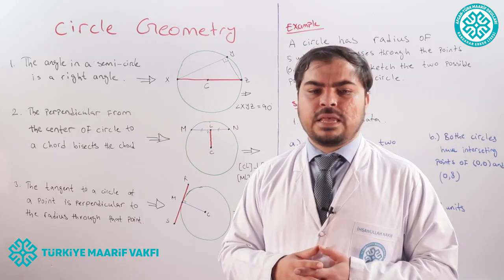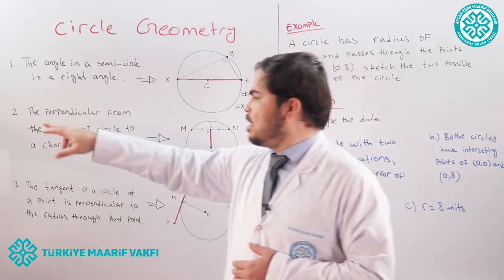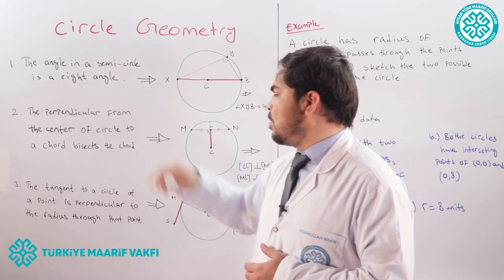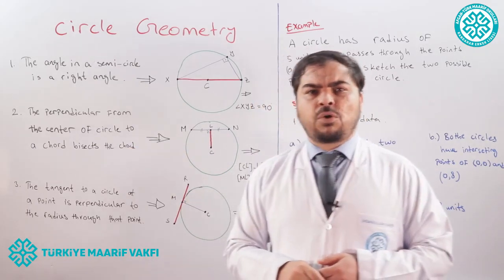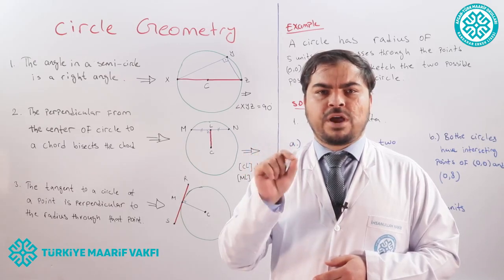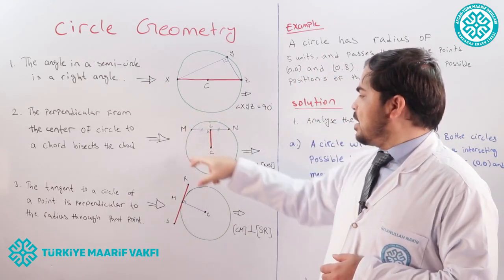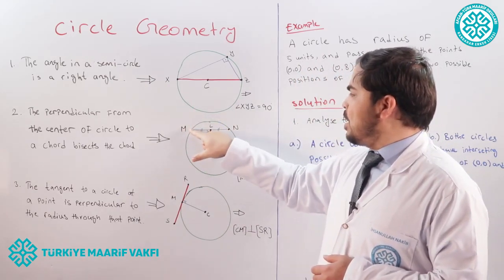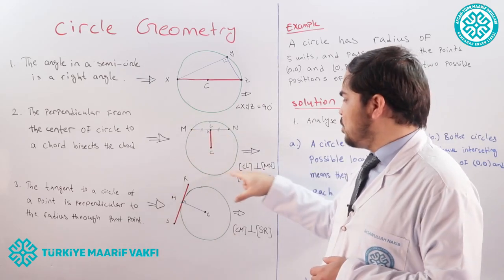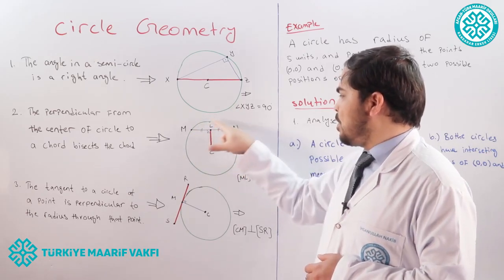Let's go and study the second condition. It says the perpendicular from the center of a circle to a chord bisects the chord. What does chord mean? A chord is a line which connects two points of the perimeter of a circle. Here we have a circle, and the chord joins two points of the perimeter. Here this green line is all the perimeter of